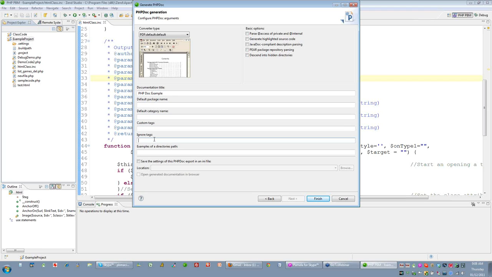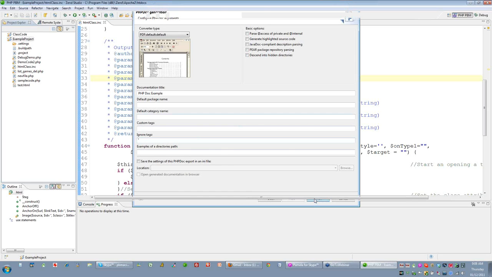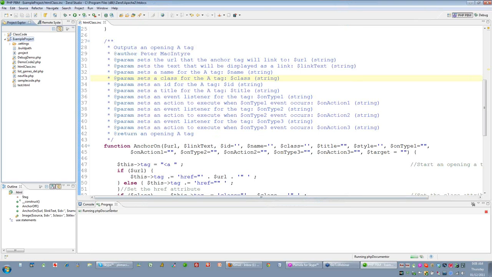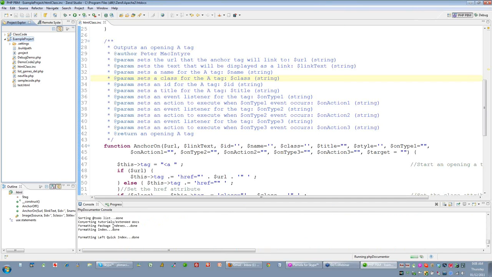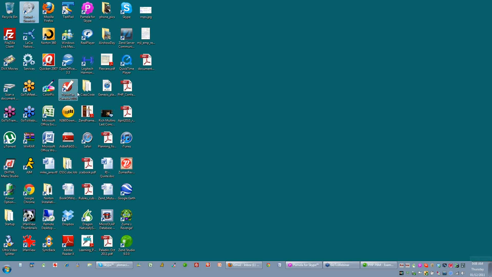you can ignore any tags if you want to, and so on, but I'll just go ahead and click on finish with that. My console will list the progress of anything that's going out, and it will tell me how long it's taken, and when it's done. So I sent it to my desktop. Here it is, documentation PDF. I'll open that up,